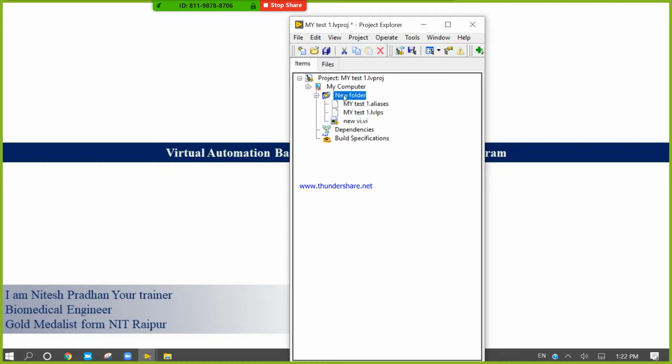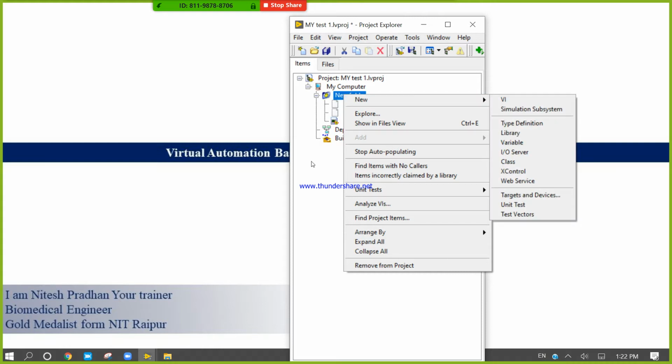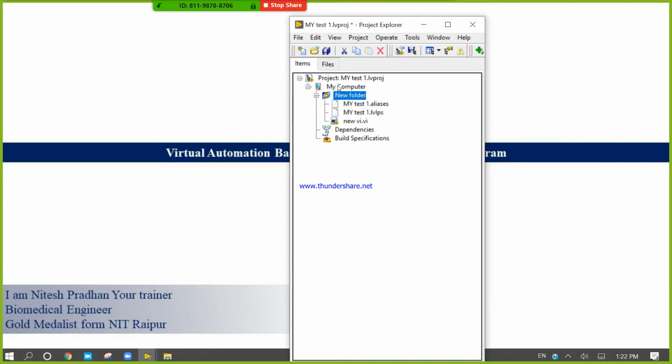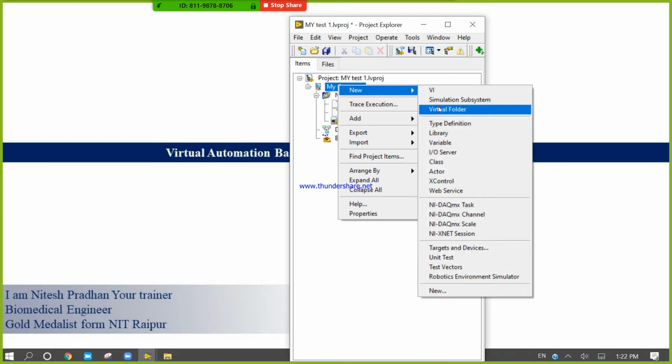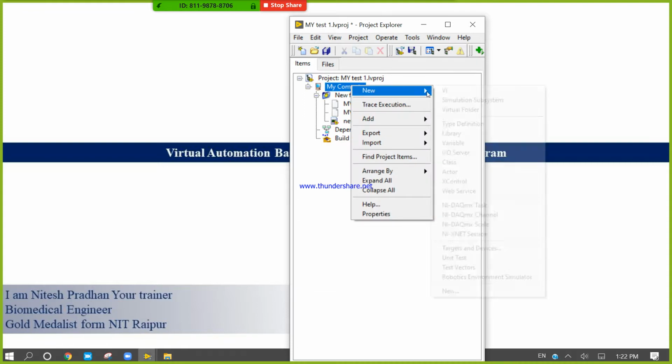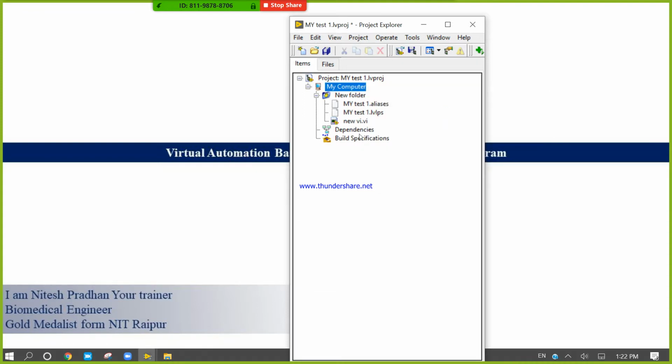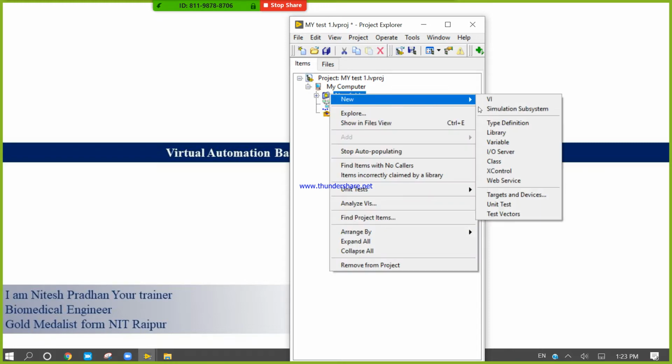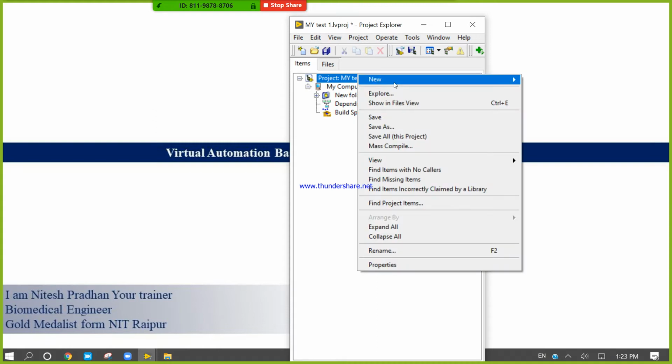If I right click and create a virtual folder, okay, I cannot create one right now because I had created a populating folder. So can we add one new folder? Look at here. No. Can I create one new folder? No.